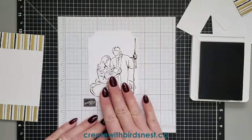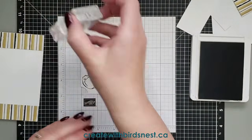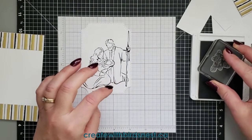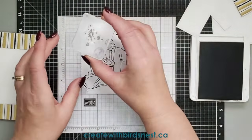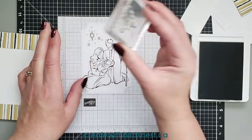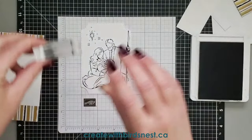Then what we're going to do is take our stars. So I'm going to start with the larger one right here. And we're going to put that one up in the left-hand corner. Okay. And then we're going to take the smaller